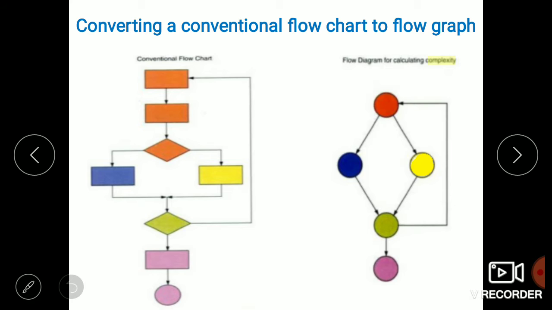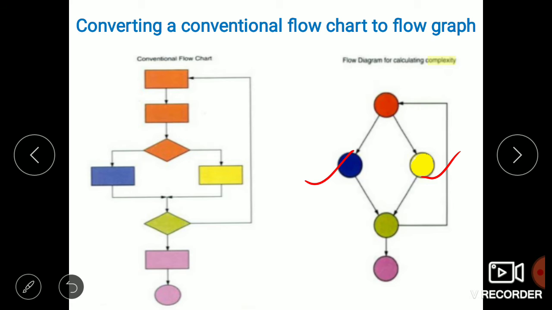Now we are converting this flow chart into the flow diagram. Whatever is represented in orange is combined into a single node, and we represent it in orange. The orange node contains the predicate node, that is the conditional statement, represented in the flow chart as a rhombus. From that conditional statement, two more statements arise, one true and another false, into two parts, blue and yellow.